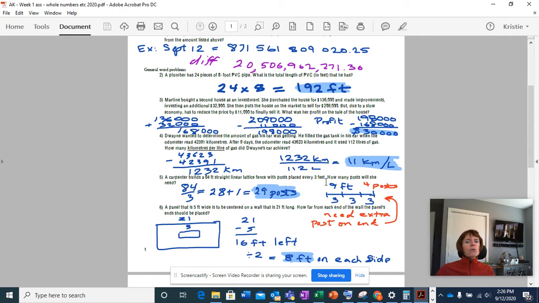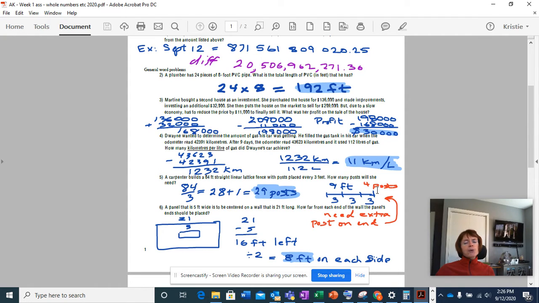Number 5 is always one people get wrong. Let me explain it. Typically, what people will do is take 84 and divide it by 3, get 28. And that's kind of correct, except that the answer is 1 post short. In a straight line, you need a post at the beginning and a post at the end, which means it adds on a post. To the right, I drew a short little picture here of what 9 feet would look